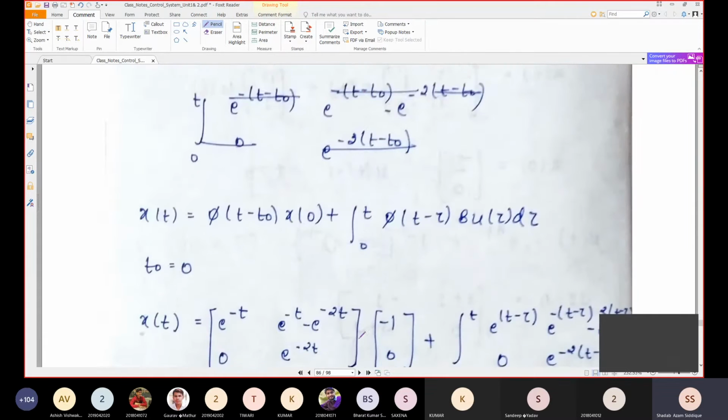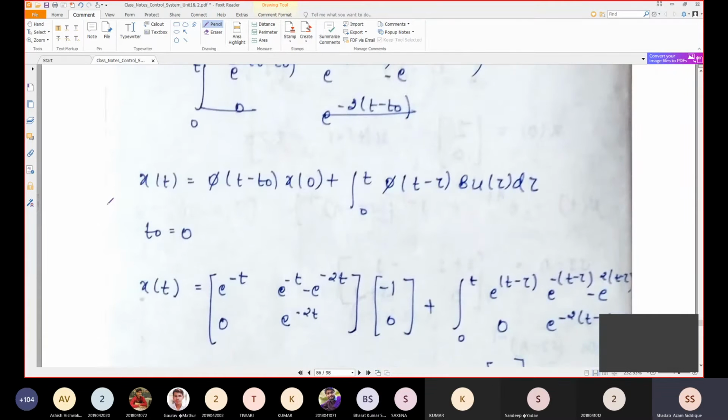Now we will try to use that inverse in the formula, which is for t is equal to 0. So that is starting from t is equal to 0. We have the formula for the non-homogeneous solution. So the solution will give you x of t is equal to phi of t minus t naught, x of 0, plus integral 0 to t, phi of t minus tau, B u of tau. You should remember this formula, otherwise it is very difficult to carry on the problem. You cannot do the whole derivation every time. You should remember this formula and directly substitute in it.